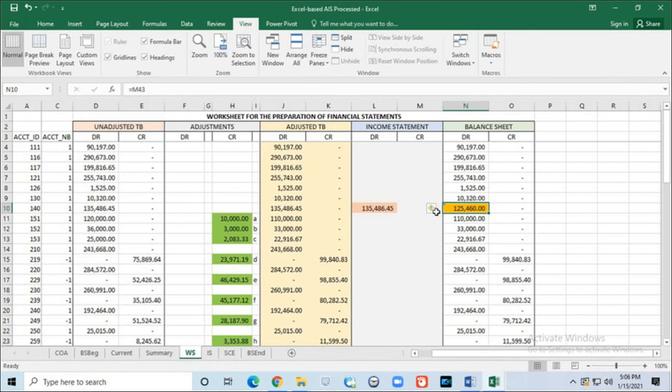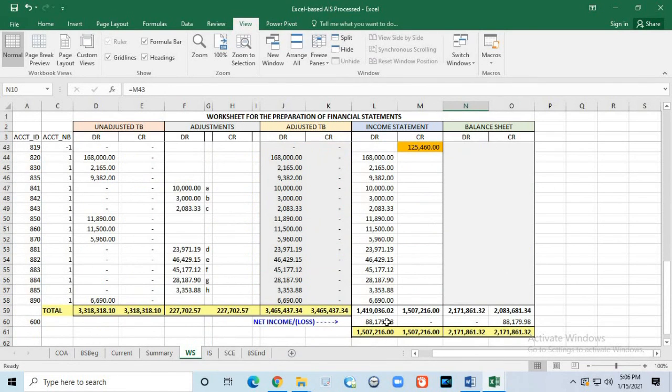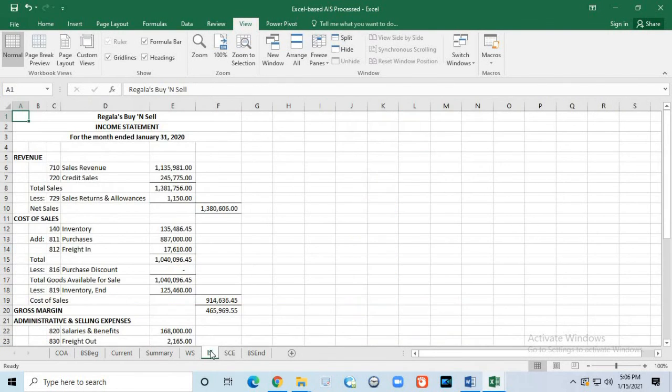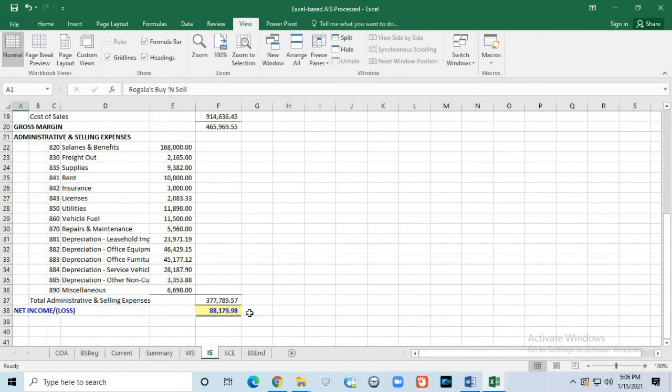After all the necessary adjustments have been input in the appropriate places, we see that the net income for the month is 88,179.98. Not bad. It is approximately 6% of the total sales. You can see that the income statement is already updated with the figures from the worksheet and calculates the same